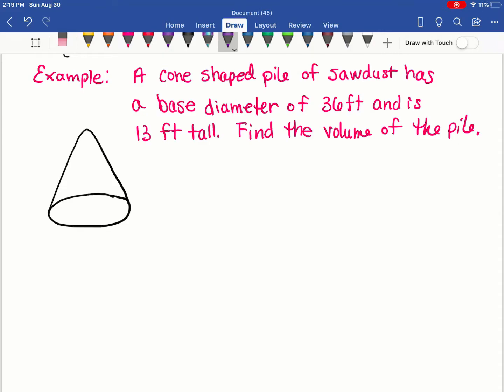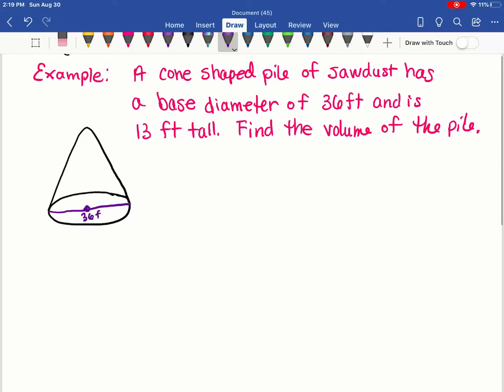is 36 feet. Remember, the difference between the diameter and the radius is that the diameter goes all the way across and the radius is just from the center out. This is the center. The diameter would go all the way across. That would be 36 feet. The radius is just from the center out. So the radius would be half of that, which would be 18 feet. So the radius is 18 feet because it's only halfway across, and the diameter